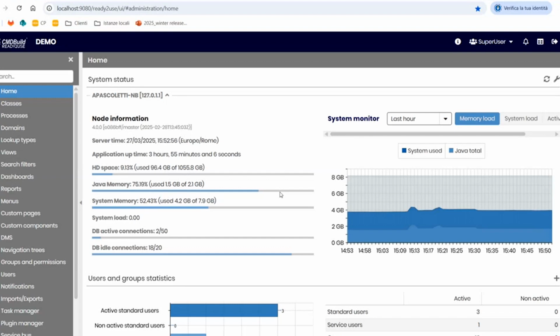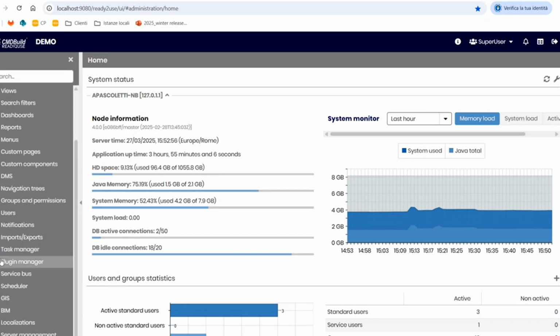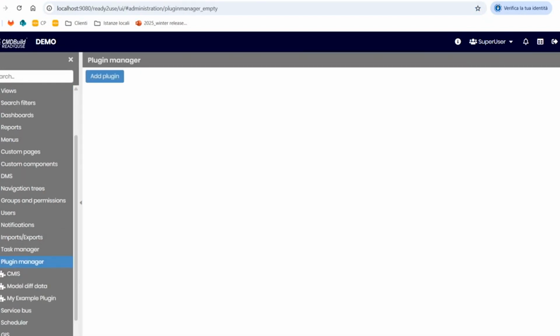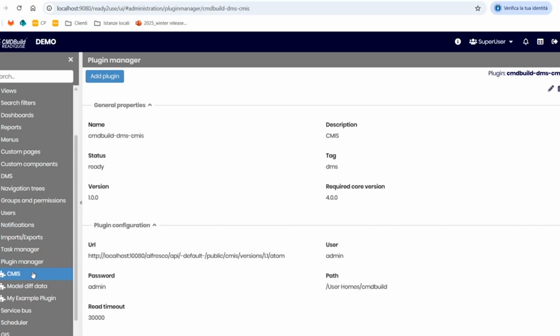And let's move on now to an overview of the features we have presented before. As mentioned earlier, the administration module now includes a new section dedicated to the plugin manager, over here, just below the task manager section. As you can see from the menu, we can view the list of the installed plugins. When I select a plugin, I can check some of its general properties, such as the name, the version, as